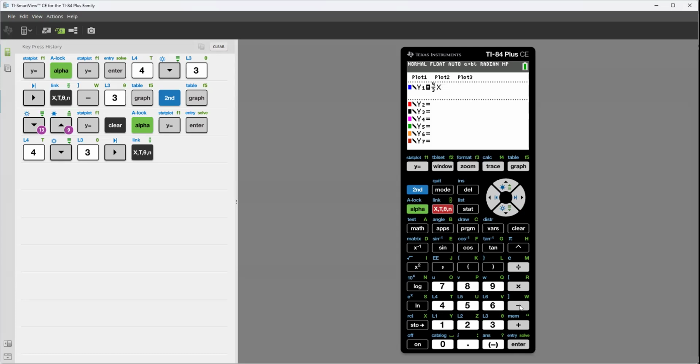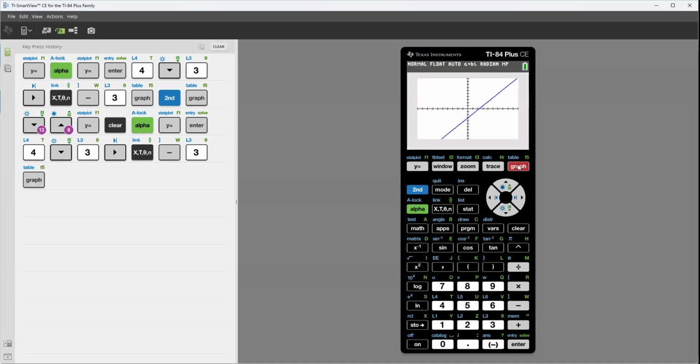And then y'all did the -3. Now y'all notice this minus on the bottom in parentheses, only use it when you got a negative number. When you're subtracting, you got to use that subtraction button, okay? All right, so then I just hit graph to look at what my graph better look like in MATLAB